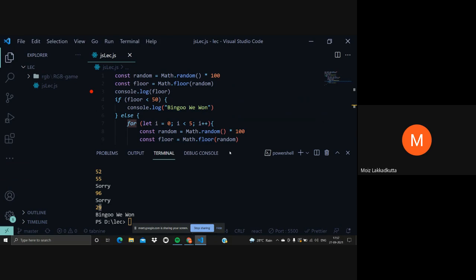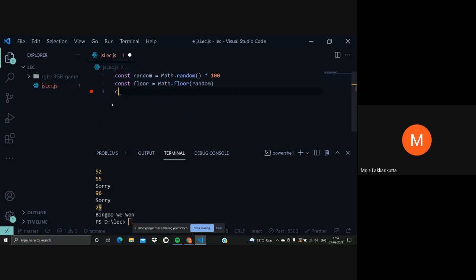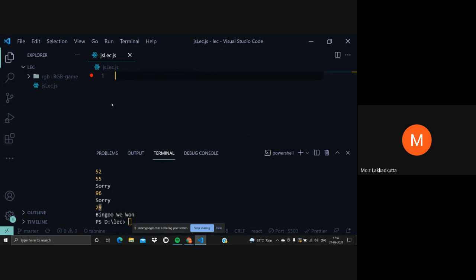The next thing we are going to implement is our arrays. So let's get rid of all of these things. As you have already studied arrays, but in JavaScript arrays are quite a little bit different. Let's say we want to